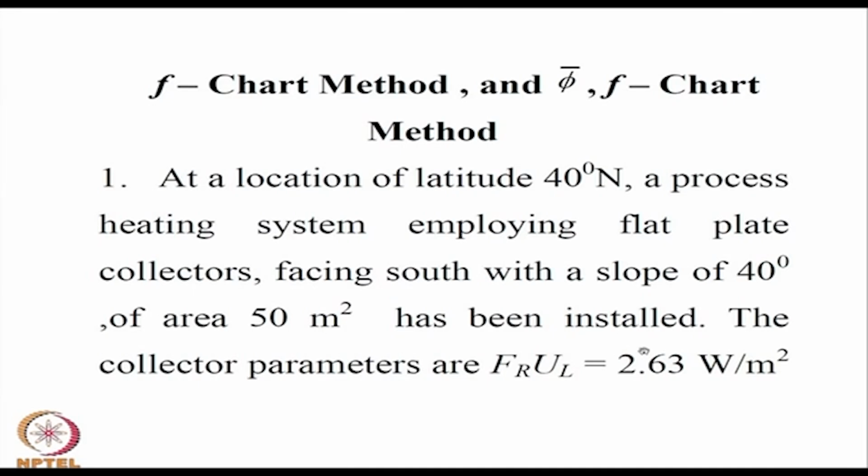Yeah, this was the example based upon F chart method and phi bar F chart method we have been discussing. It is at a location of latitude 40 degrees N, a process heating system employing flat plate collectors facing south with a slope of 40 degrees, area 50 meter square has been installed. The collector parameters are